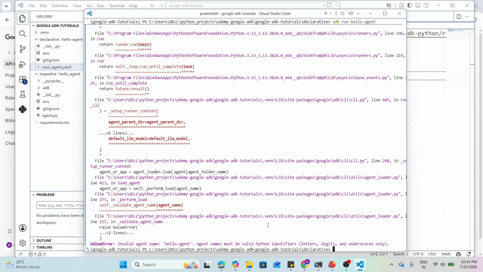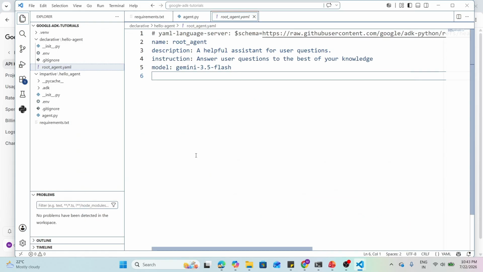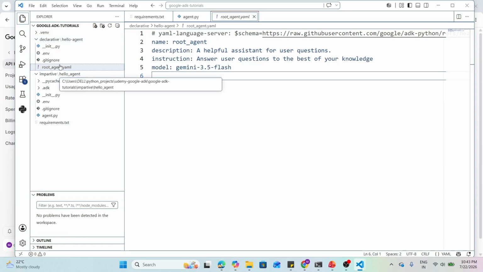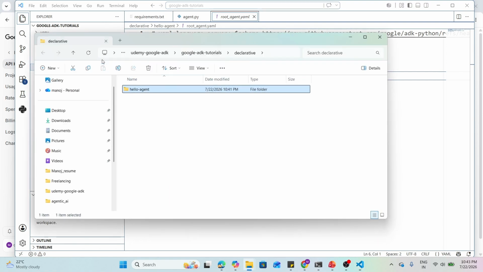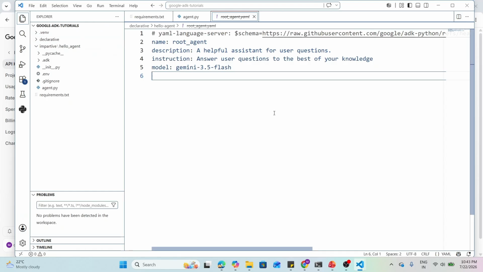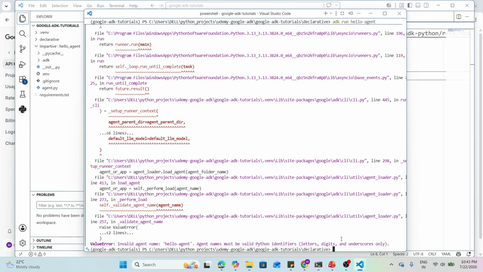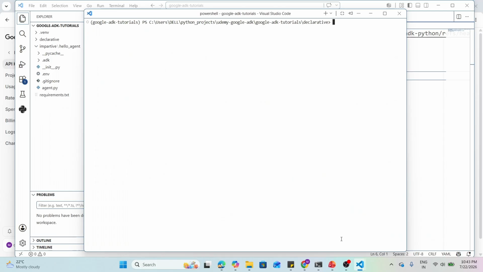Okay, so let's do one thing. Let it create again. Declarative hello agent. I find this is the best way to delete. Okay, so we can recreate it again. CLS, ADK run, ADK create hello agent underscore